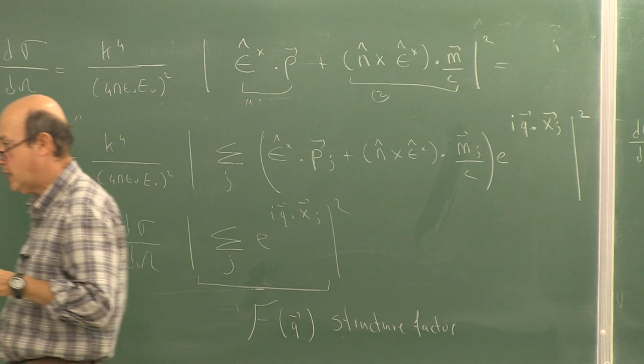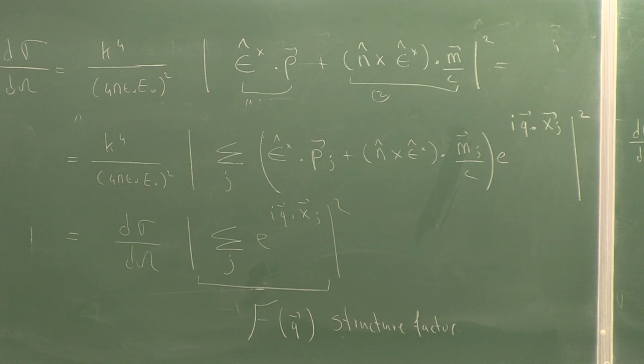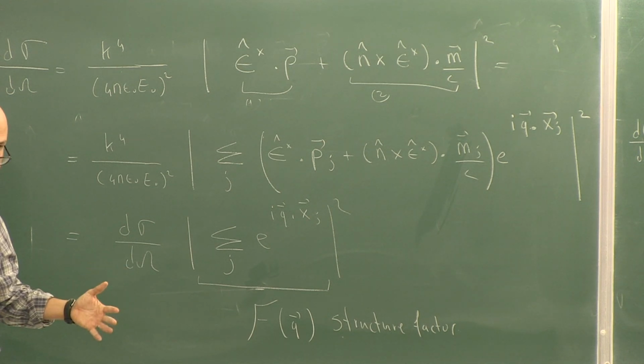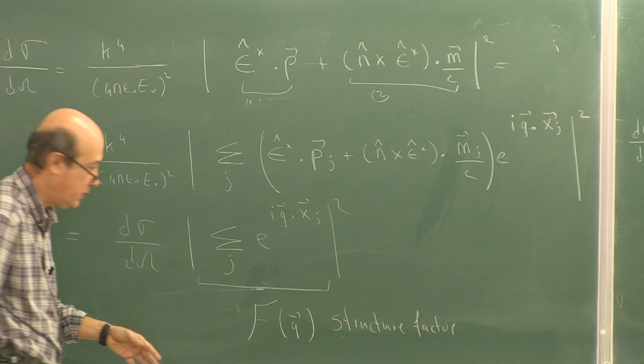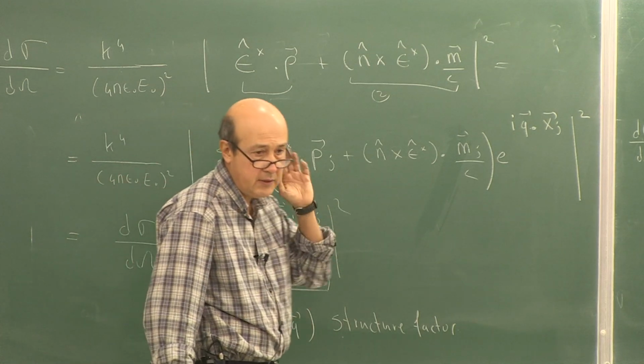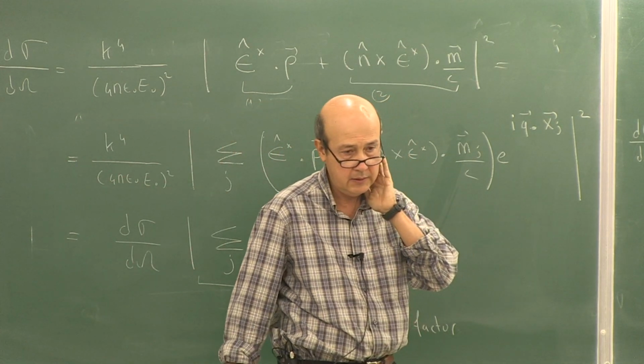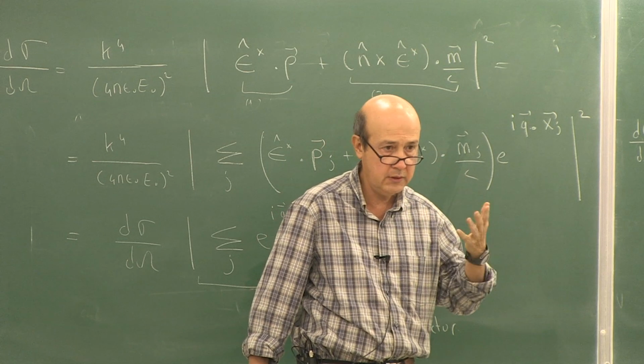But at this point, I can tell you the following: if all scatterers are random, like in the air, in the atmosphere, the sum is very simple. But if it is a solid, like quartz or a transparent solid,